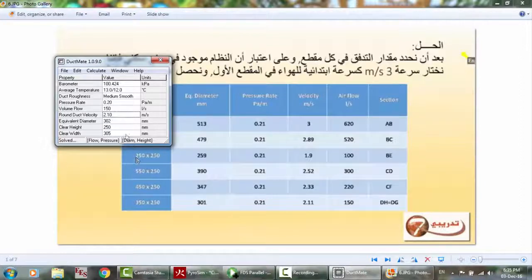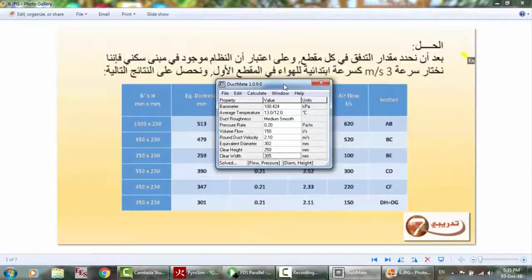Here 2.1 meter per second, and equivalent diameter 3.2. Okay, and the clear height, okay, and here is 305, here is 350. Okay, no problem. This is the method of the chart, and this is the method of the program. You have to know the best choice, what's available in the market, and to know the medium, smooth or the average. Okay,